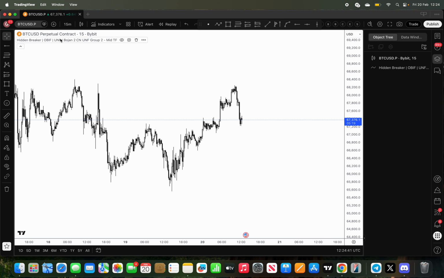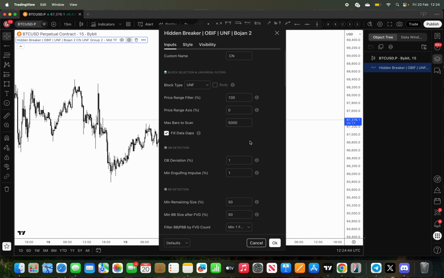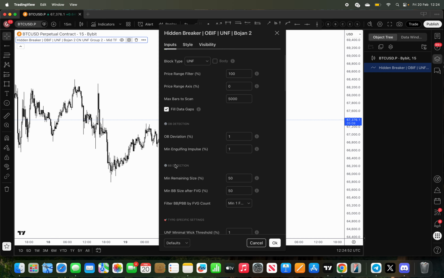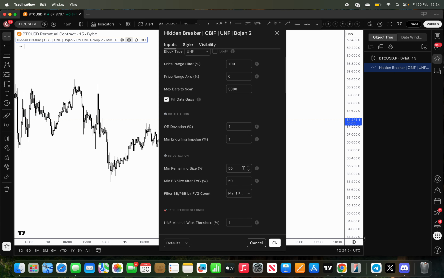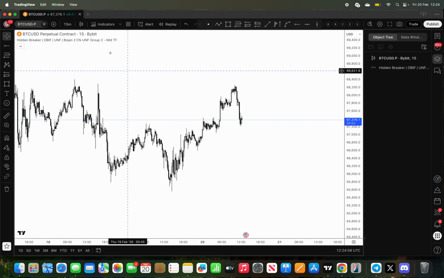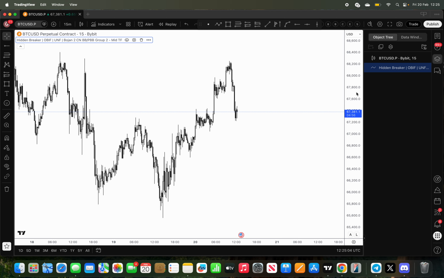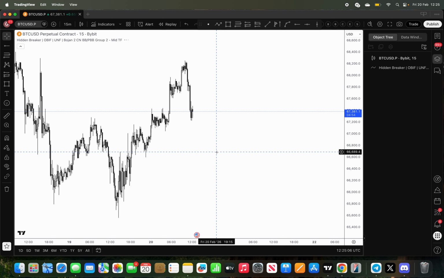So that's covering the basic sort of settings. I don't tend to mess around with the order block settings and breaker block detection settings. I like to keep these on 50. And why is that so important? Because, say for instance, we're trading breaker blocks, you'll see that when a breaker block is identified,